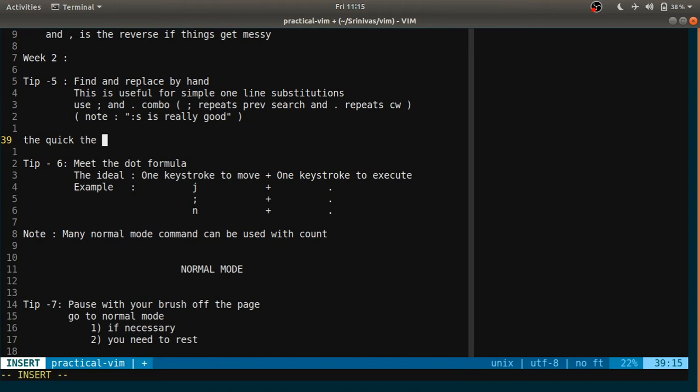The quick, the fox, the maths, the best, something like this. For example, if you want to change the first and second "the" to "a" and the fourth "the" to "a", we just want the third "the" to be the same. So all we can do is change the word to "a", and we can find t using ft, and we can use the dot command, press a semicolon. We don't want to change this, so again semicolon, and again semicolon dot. This is one way of doing it, guys, and there is also another way of doing this.